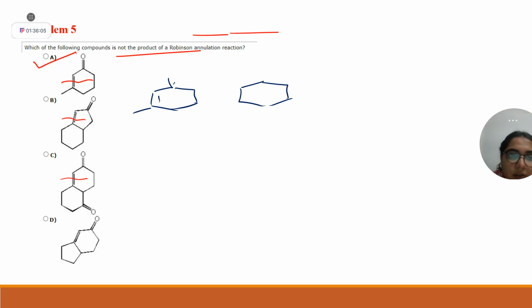Students, for retro, you should draw an arrow like this. Okay, this is a retro arrow. So before this step, it would look like this. Yes or no? Before this step, how would it look?